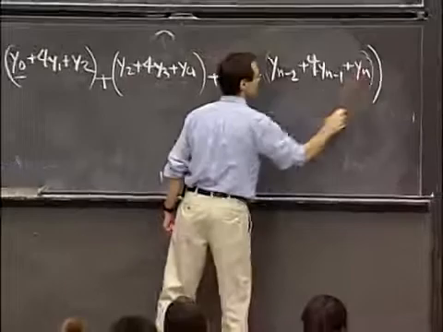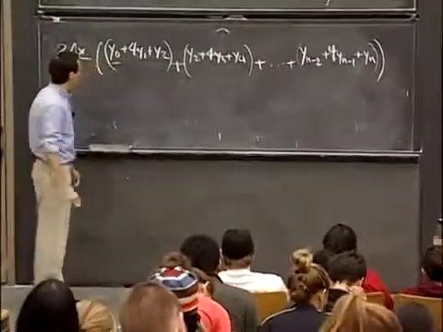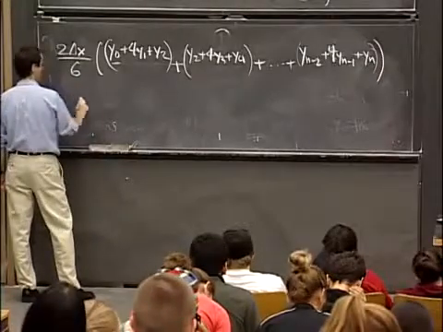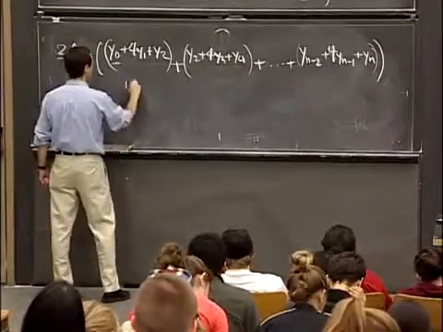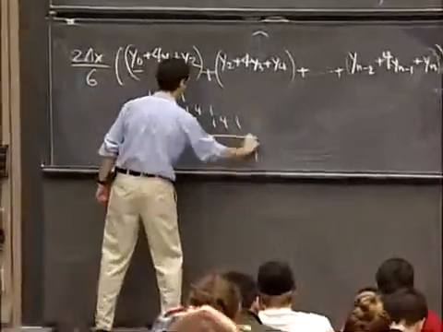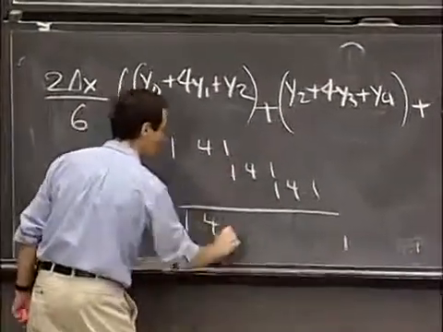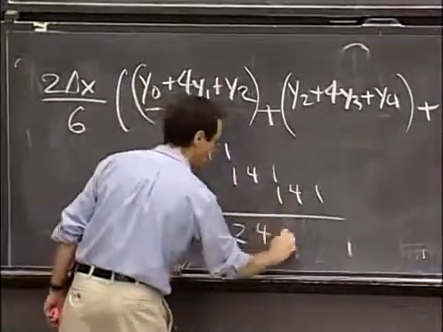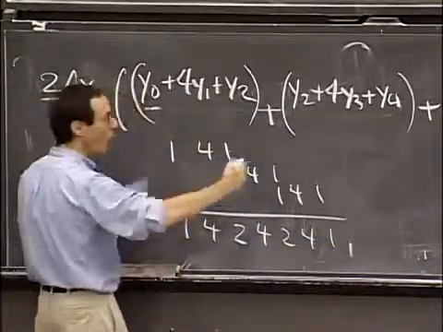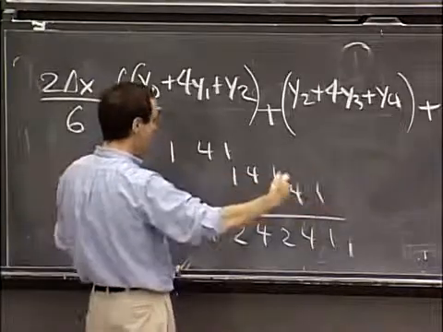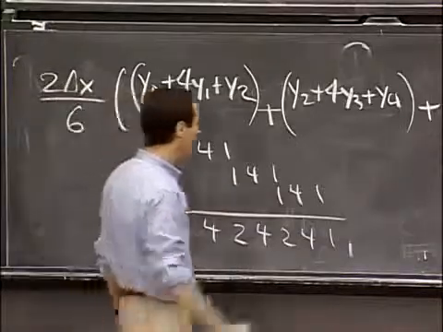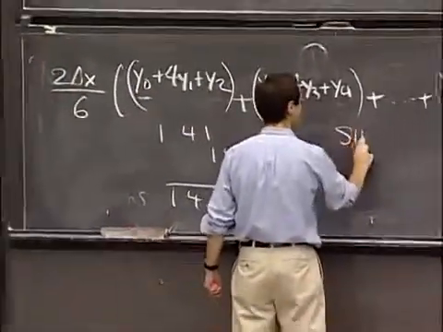All right. So here are all the chunks. Now, what does this pattern come out to be? This is 1, 4, 1 added to 1, 4, 1 added to 1, 4, 1. You add them up. You get 1, 4, and then there's a repeat. So you get a 2, and a 4, and a 2, and a 4, and a 1. So the pattern is that it starts out with 1s on the far ends, and then 4s next in, and then it alternates 2s and 4s in between. All right? So the full pattern of Simpson's rule